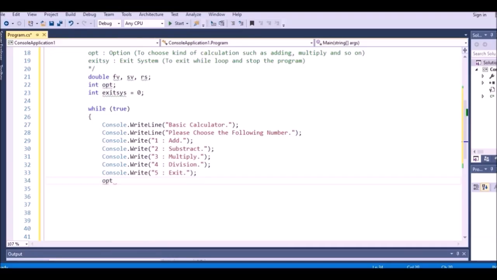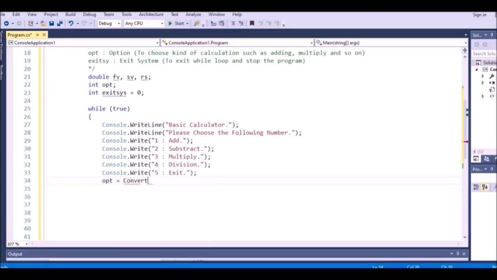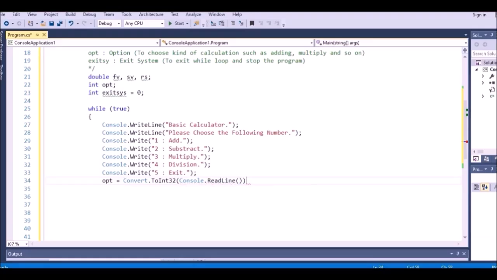Use this one, option equal Convert.ToInt32, and inside here I will write Console.ReadLine, that is this function, this, and after that